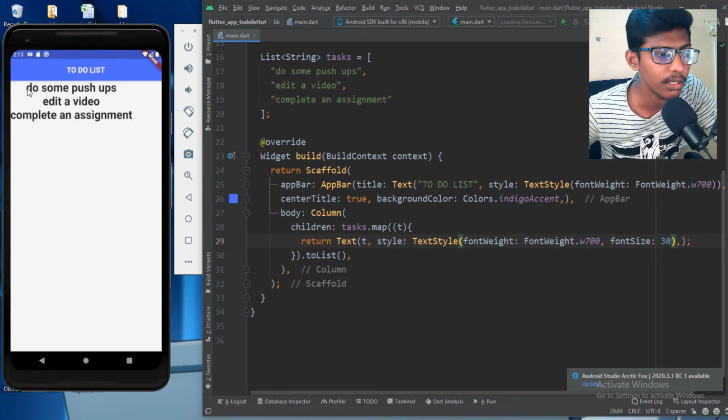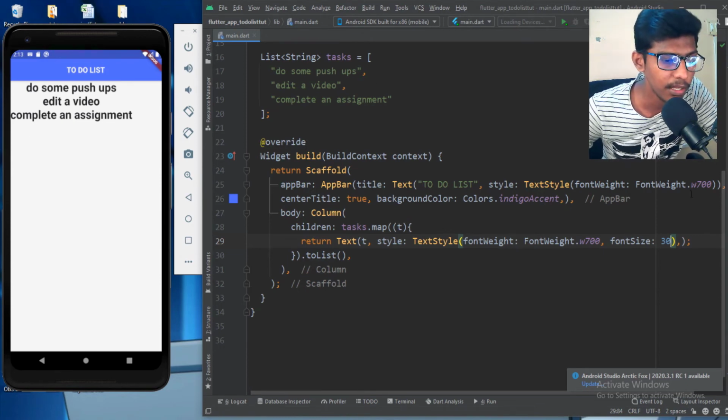Okay, we got it here. So do some push-ups, edit a video, and complete an assignment. So we got our list printed on our screen. So how did I do that? It was possible using a map function. So a map function will basically take the list